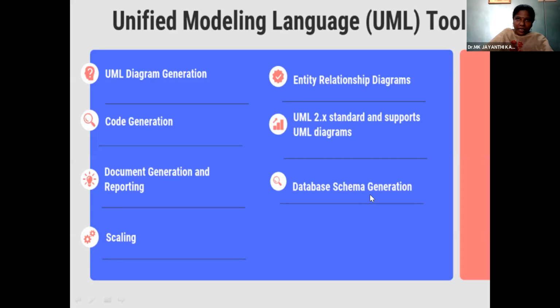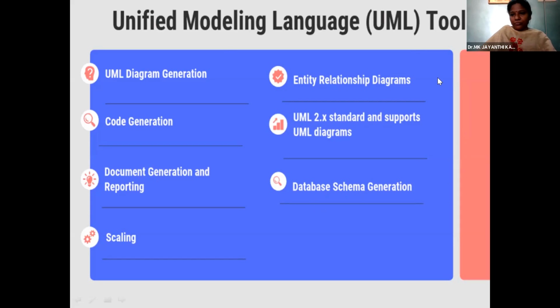We can create a table, add a table, delete the table, and modify the table also. We can add values into the table. We can create reports. Based on that, you can create the corresponding query also, query language. So these options are available if you are using the original version of Rational Rose, Unified Modeling Language. Once you are clear with the diagrams, you can automatically create the code also.